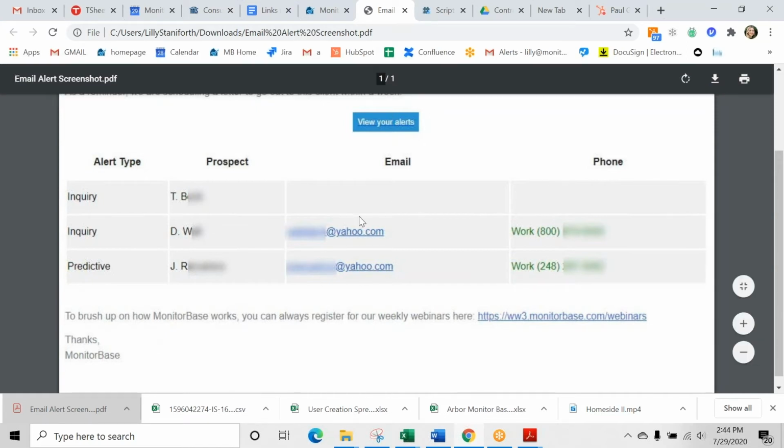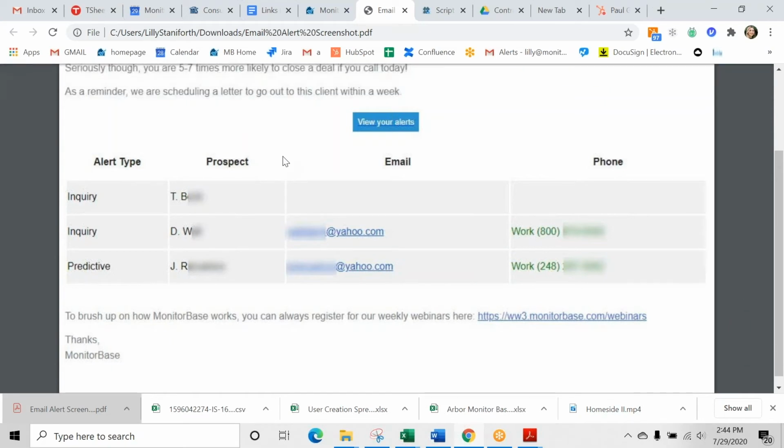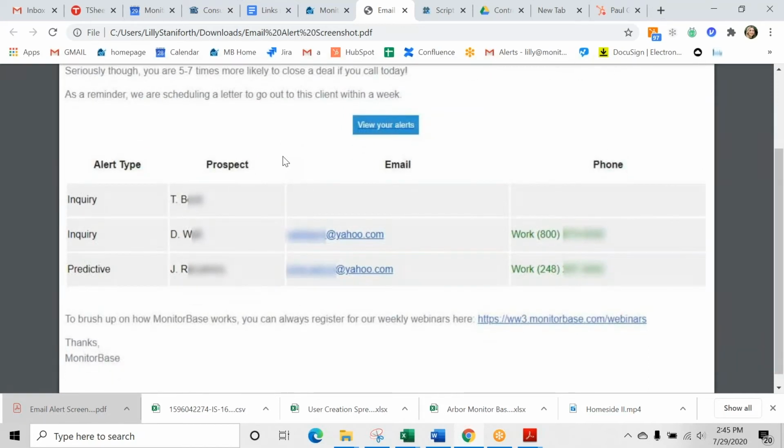Okay, perfect. So you'll receive this email, and keep in mind that you're only going to receive alerts for people whose credit we're pre-screening. We're only delivering alerts on people whose credit criteria meets your company's credit minimums. So you don't even have to log into MonitorBase when you get this email to call them, because there is additional credit information when you log in and view the alert. But if you're in a rush, you have the confidence that this person already meets the minimum criteria.